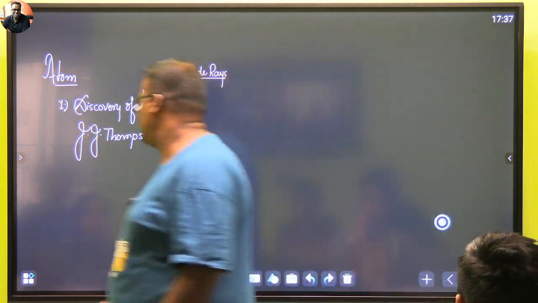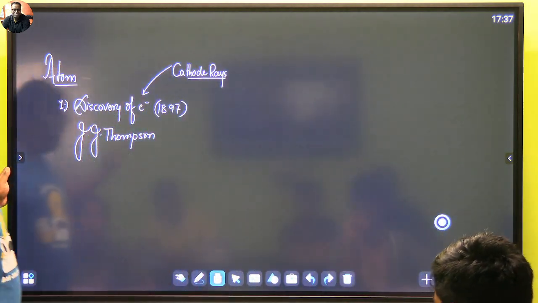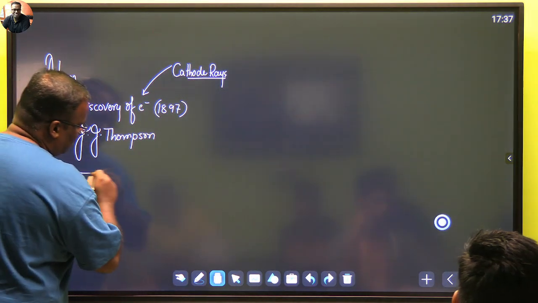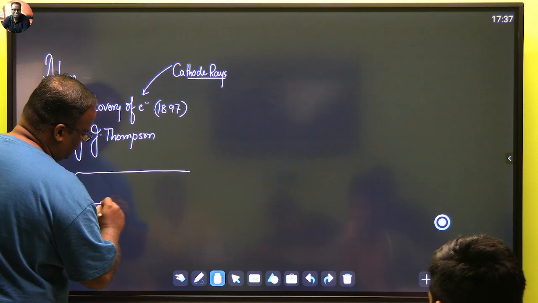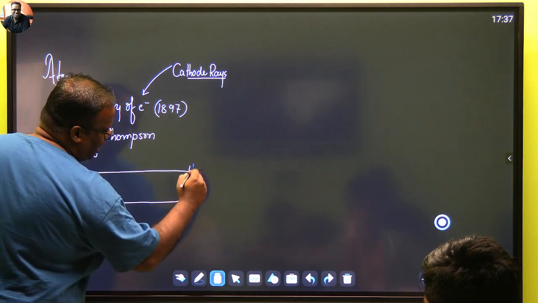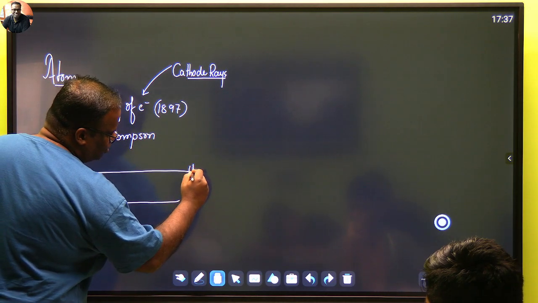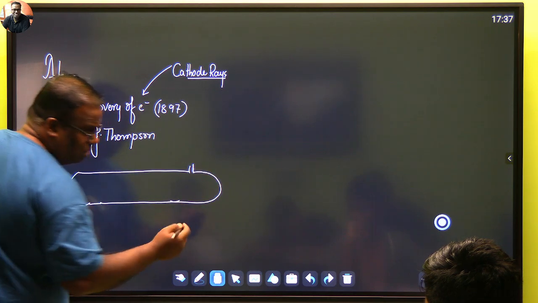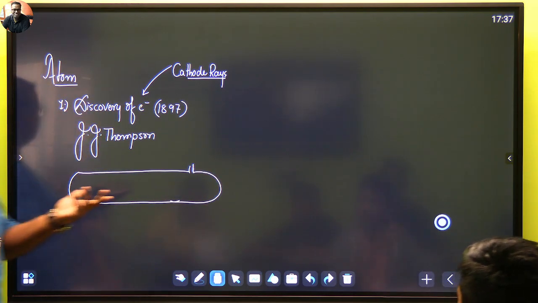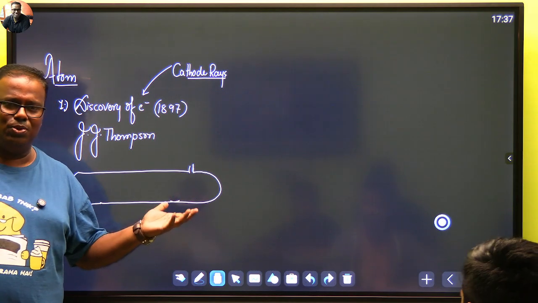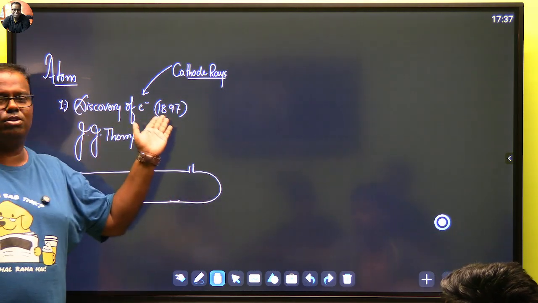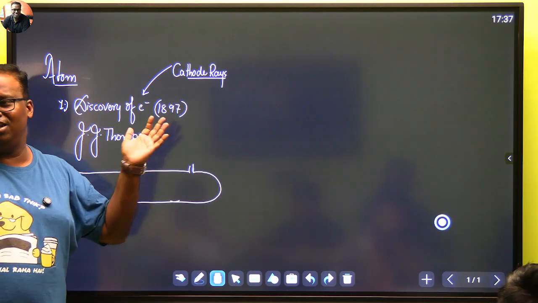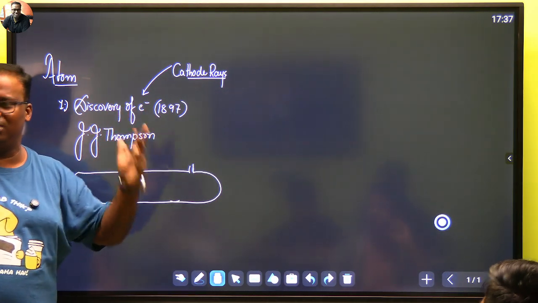तो थोड़ा सा आपको कहानी बता देते हैं, हालांकि आपकी 9th में नहीं है. How the discovery happened. So an evacuated tube was taken. It's a tube like this, and we reduced entire pressure of this tube. सुनते जाओ, इसको लिखने बनाने की नहीं, आपके चैप्टर में नहीं है ये. Enjoy the story. This is not in your syllabus. Your syllabus says discovery of electrons happened. आप थोड़ा सुनो ये कैसे था.